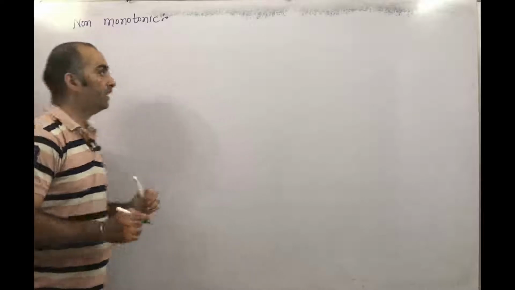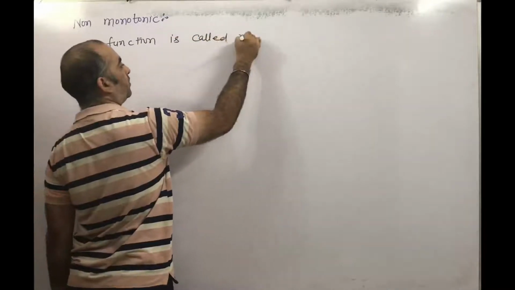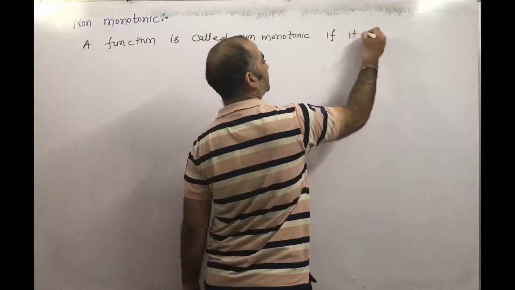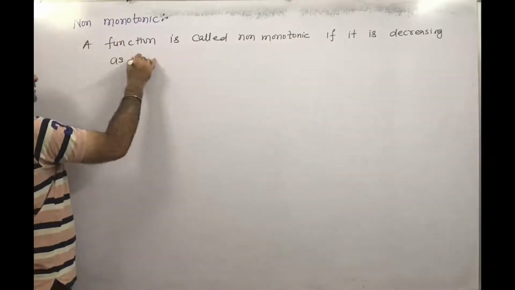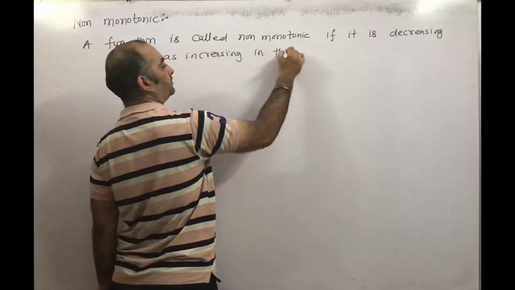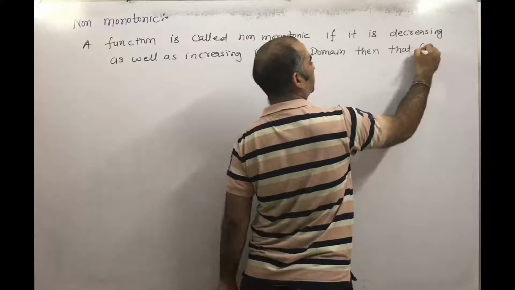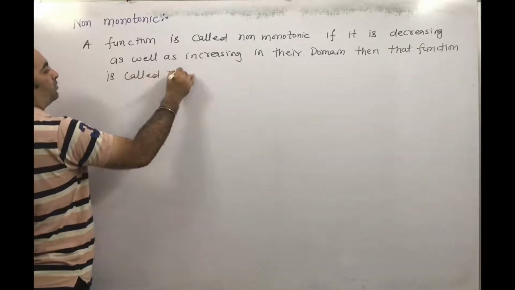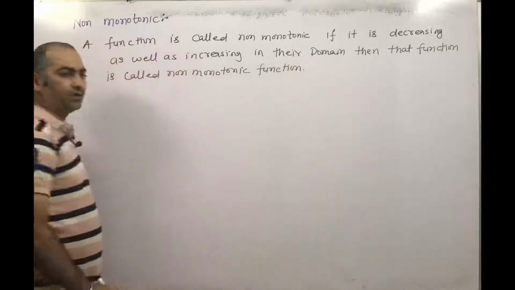What is non-monotonic function? A function is called non-monotonic if it is decreasing as well as increasing in its domain, then that function is called non-monotonic function. Okay, for example,